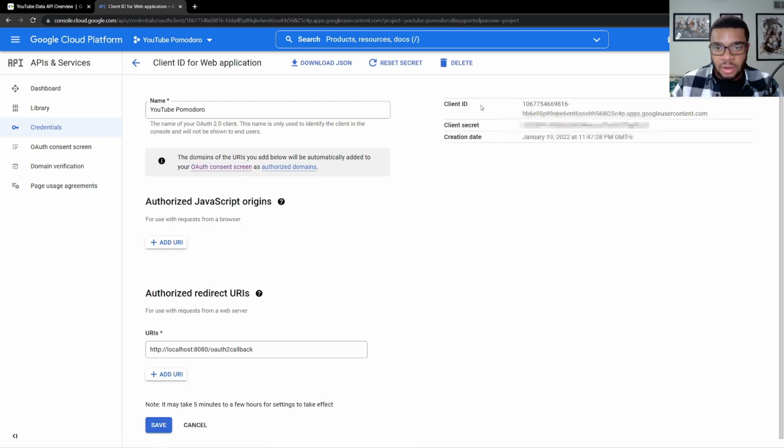And as you can see here, we're given both a client ID as well as a client secret. So the client ID is just the unique identifier for our application. This is a unique ID only specific to our application. And the client secret is a secret key only known to our application. You can kind of think of this as our application's password in a way. For that reason, we want to keep this client secret hidden so that our application doesn't have any vulnerabilities or security concerns. But even more importantly, the client ID and client secret will actually allow us to implement OAuth